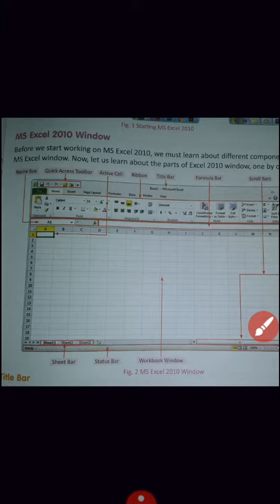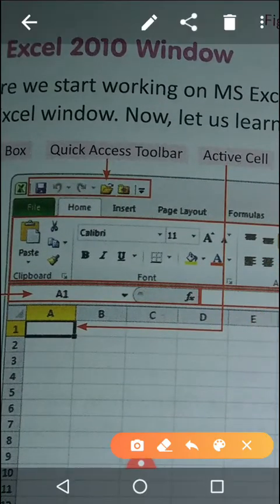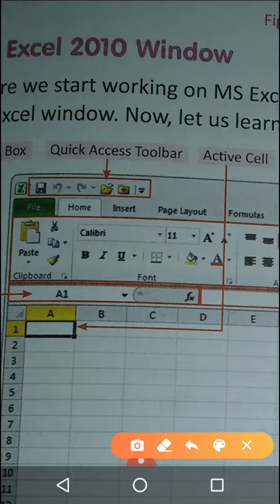Quick access toolbar shows some tools which we can use urgently. We do not need to follow many steps to open a file or undo or redo, but we can use them here quickly. So it contains save, undo and redo buttons, open a file, etc.